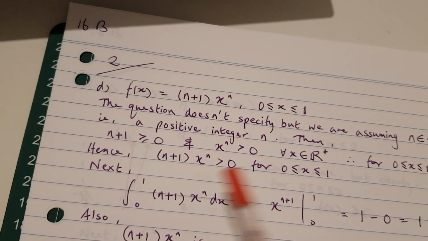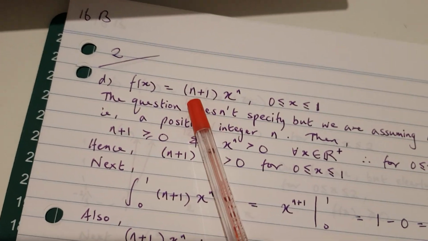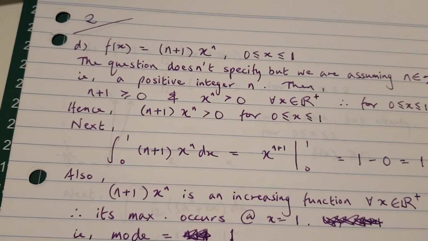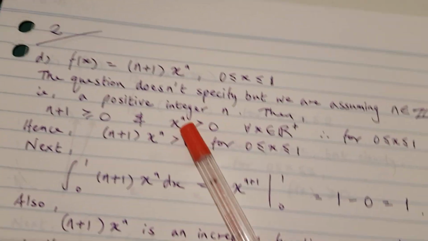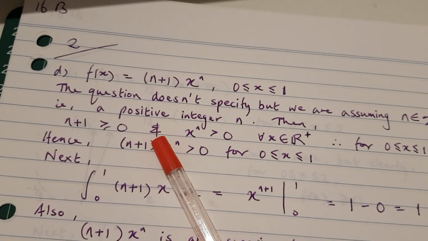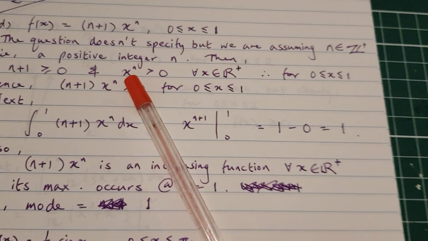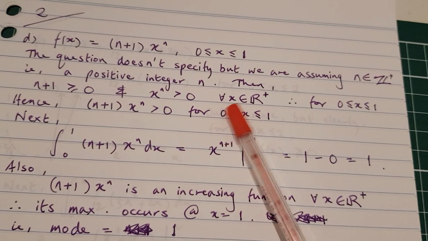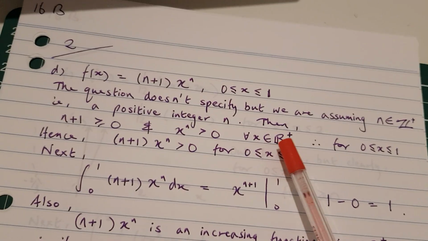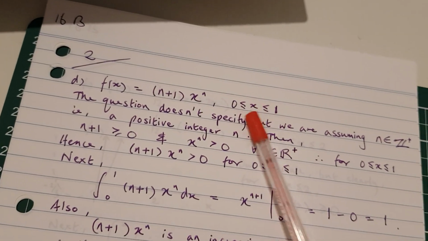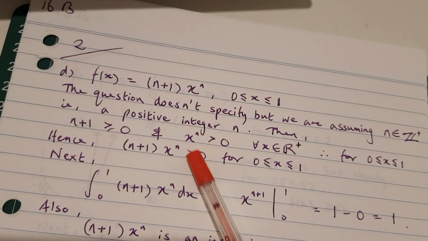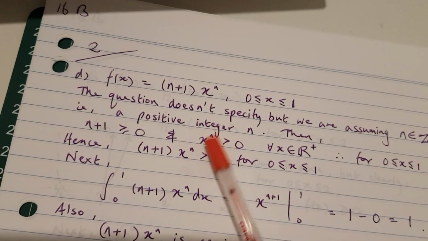All right, so if that's the case, n plus 1 is going to be even more positive, because n is positive, and adding 1 makes it even more positive. x to the n is always greater than 0 for all positive real values of x. Now, why the positive real values? Because the domain is between 0 and 1. So we know that x is positive, the base is positive,